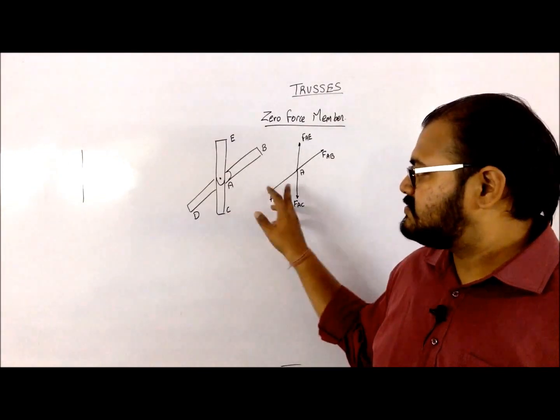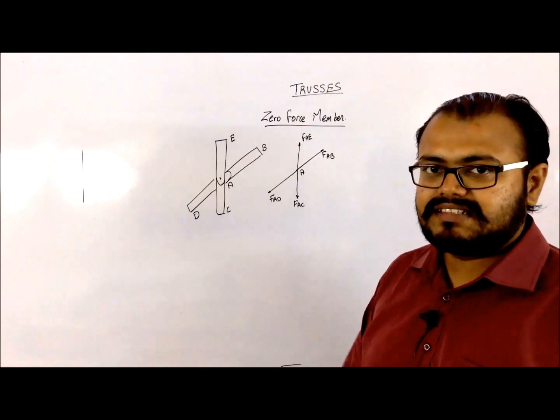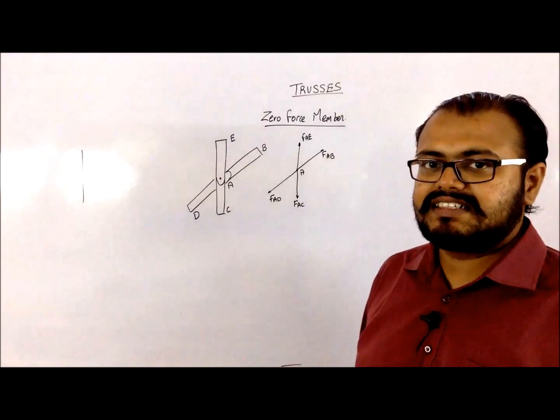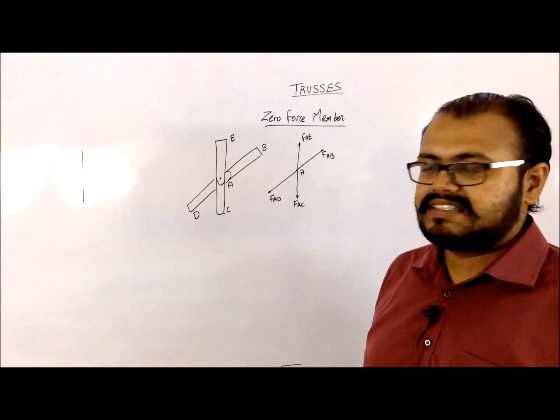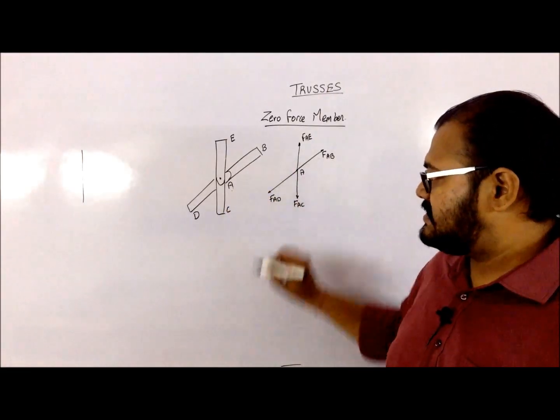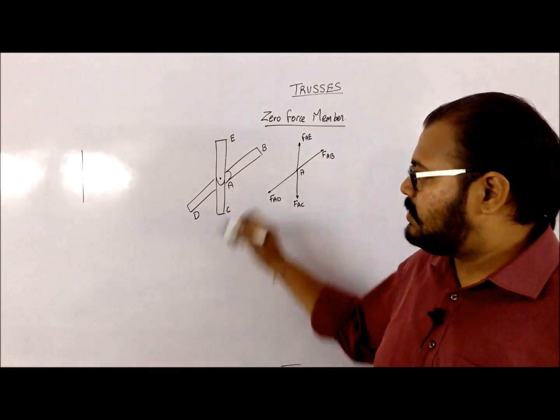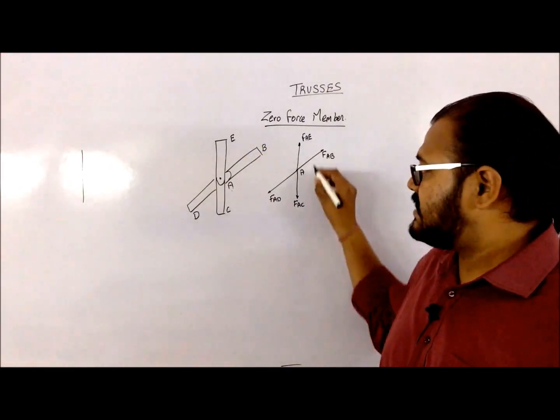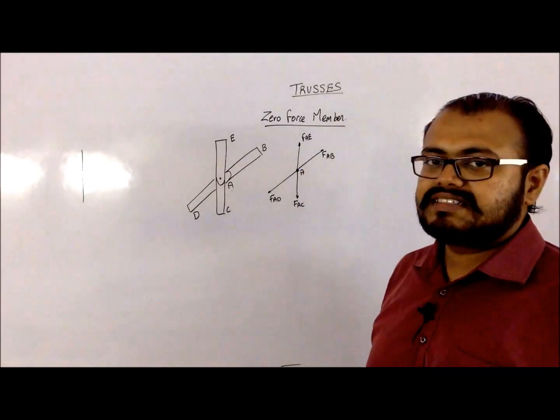Now if you analyze the forces present at that point A, for A to be stationary in nature, the forces which are passing through it should give a resultant of 0. Now since they are going to be in line with each other, the forces which is because of AB and AD are in line with each other, their magnitude should be equal. And also since AE and AC are in line to each other, their magnitude should also be equal to each other for point A to be stationary.